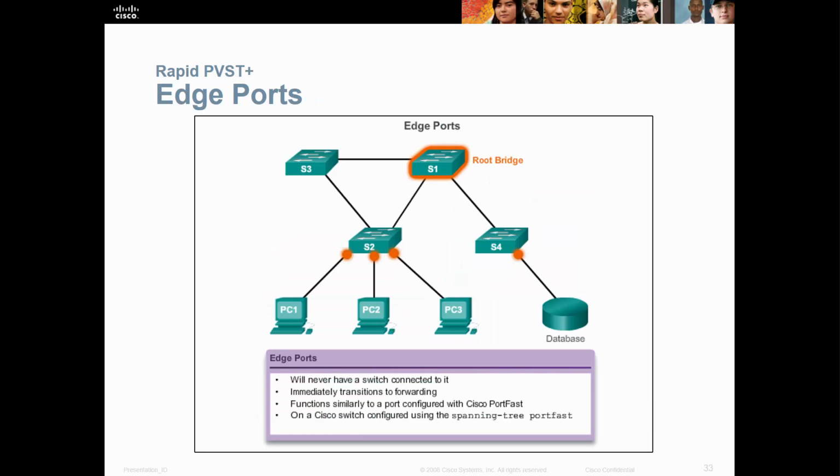edge ports. So what is an edge port? Edge ports will never have a switch connected to them, so the immediate transition to forwarding is a little bit better. So with Rapid Per-VLAN Spanning Tree Protocol, you can actually set it so that these edge ports will not have to go through the learning state. What you can do is issue a command called spanning-tree portfast. That will allow these edge ports, which will never have a switch connected to them, to automatically transition to a forwarding